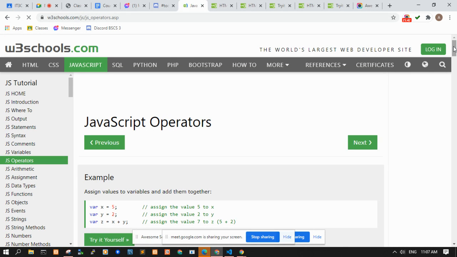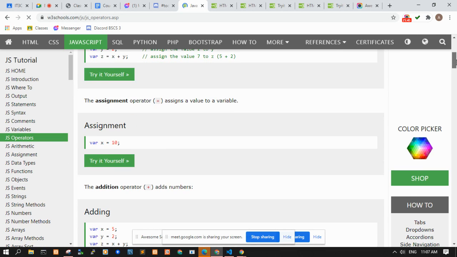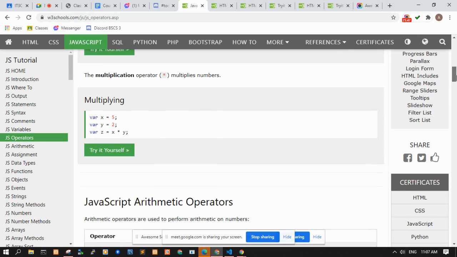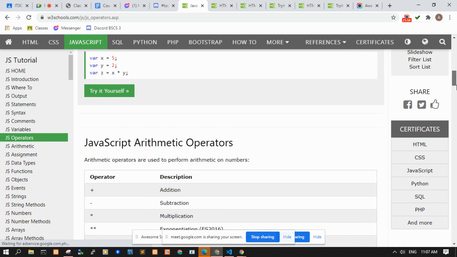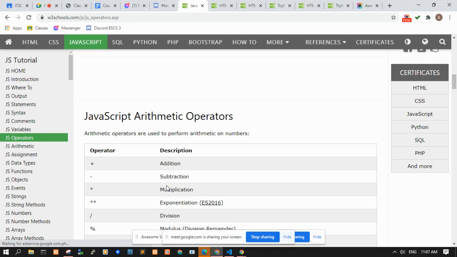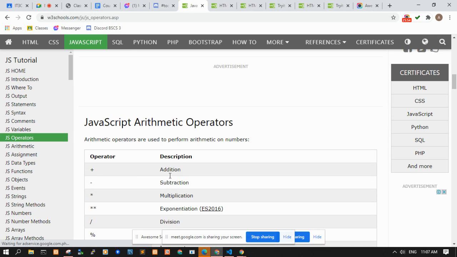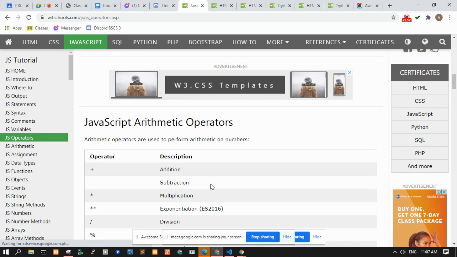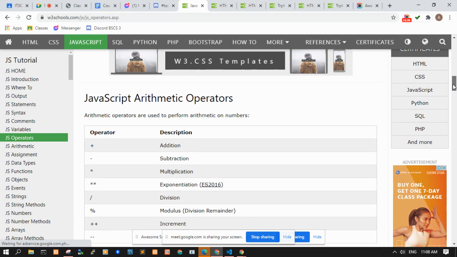So operators: we have the assignment operator and the arithmetic operators. Addition. Take note that JavaScript also follows PEMDAS, with division and multiplication having the same priority.